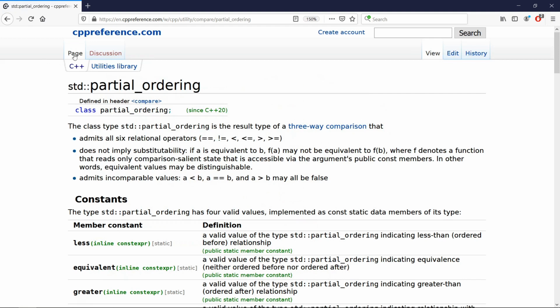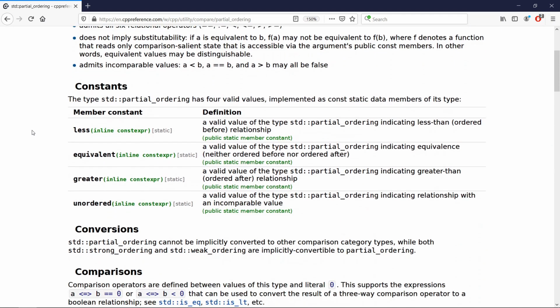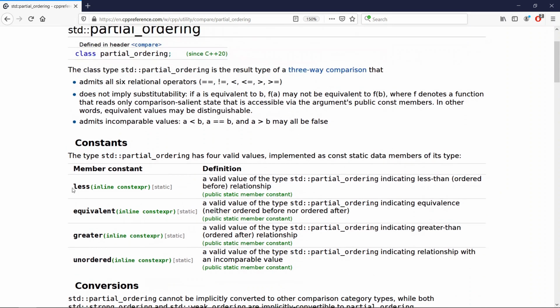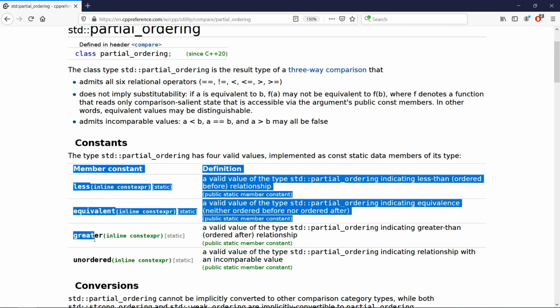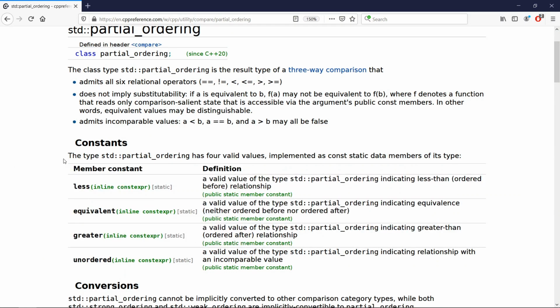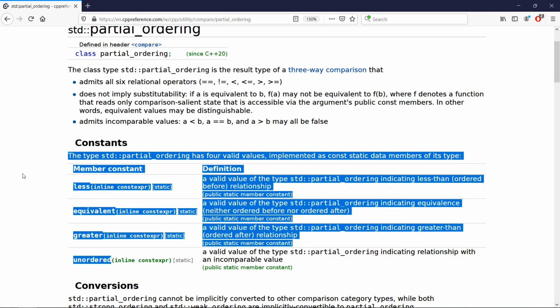If we go back to the documentation at CPP reference for STD partial ordering, we're going to see that we have a bunch of possible values for this. We can have less, we can have equivalent, we can have greater, we can have unordered. And unordered is going to indicate relationship with an incomparable value. So this means that we are trying to compare to something we shouldn't really be comparing with. Okay, so these are our possible values here, and we're going to be using all these in our implementation of